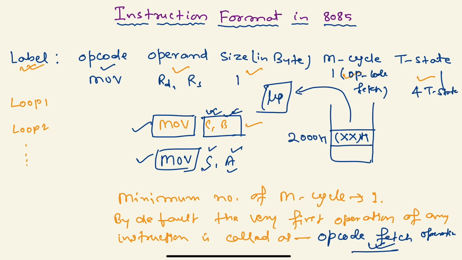Very few require 6 T states, and I'll give that list in further videos, showing how to find out which ones require 6 T states. But most instructions take only 4 T states for their opcode fetch operation. Like that we can fill in these fields, and we will look one by one at all the instructions group-wise. First we'll discuss data transfer or data copying instructions, followed by arithmetic instructions, then logical instructions, then branching or looping instructions,